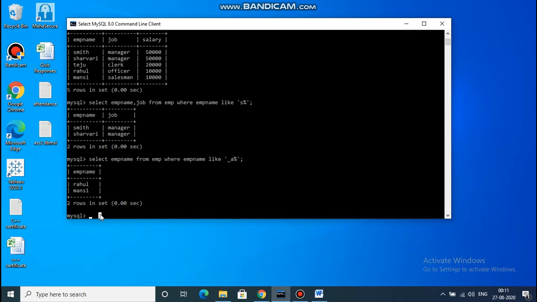The next one: display employees whose name begins with S and ends with H. Two conditions we can provide here. How to provide those conditions?